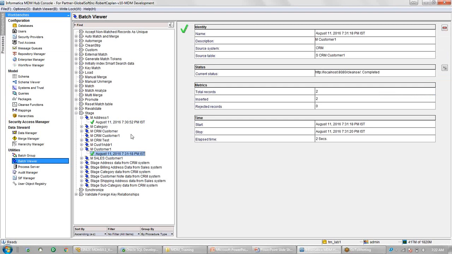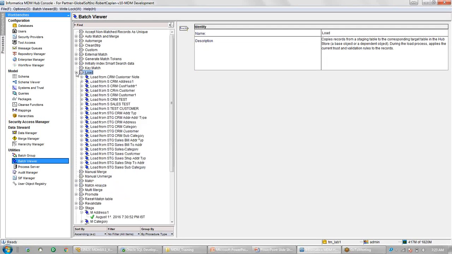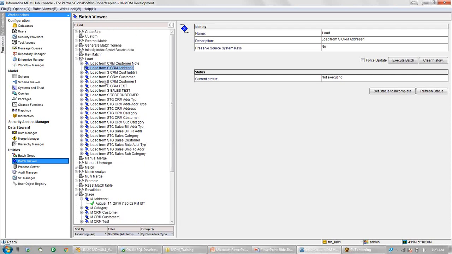Once we have done the stage, the data is there in my staging table. After that, we need to run the load job. In the load job, we have a different thing for identifying which job I need to run. You can identify it based on the staging table name. So that's the difference here.